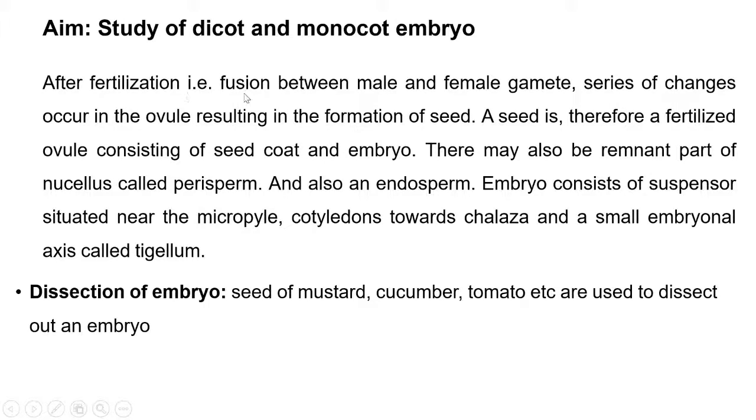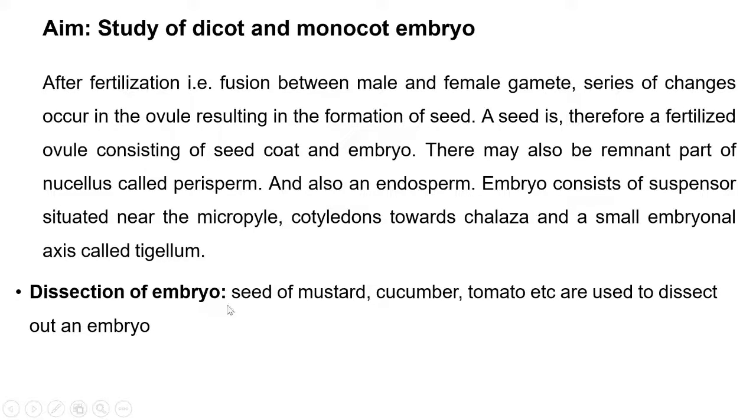After fertilization, that is the fusion between male gamete and female gamete, a series of changes occurs in the ovule, resulting in the formation of seeds. A seed is therefore a fertilized ovule consisting of seed coat and embryo. There may also be a remnant part of nucellus called perisperm and also an endosperm. The embryo consists of a suspensor situated near the micropyle,